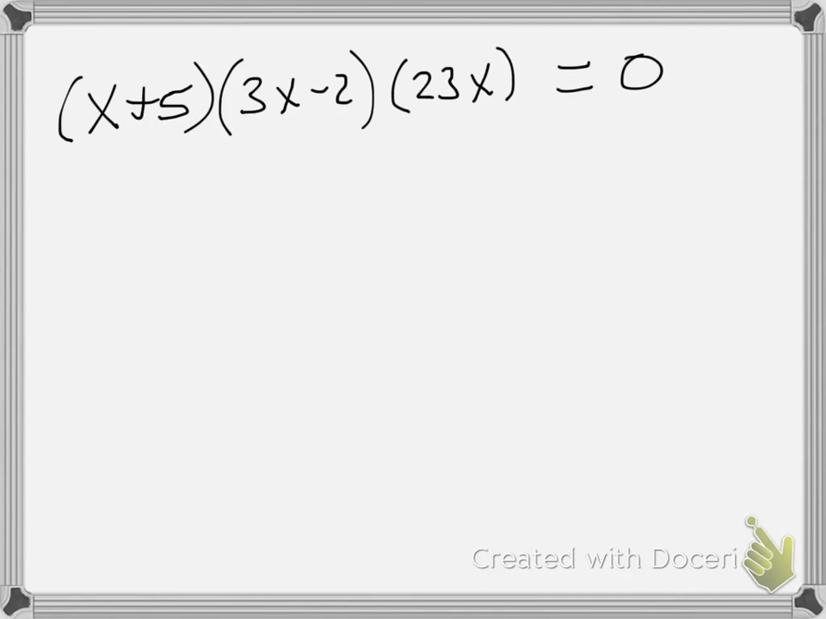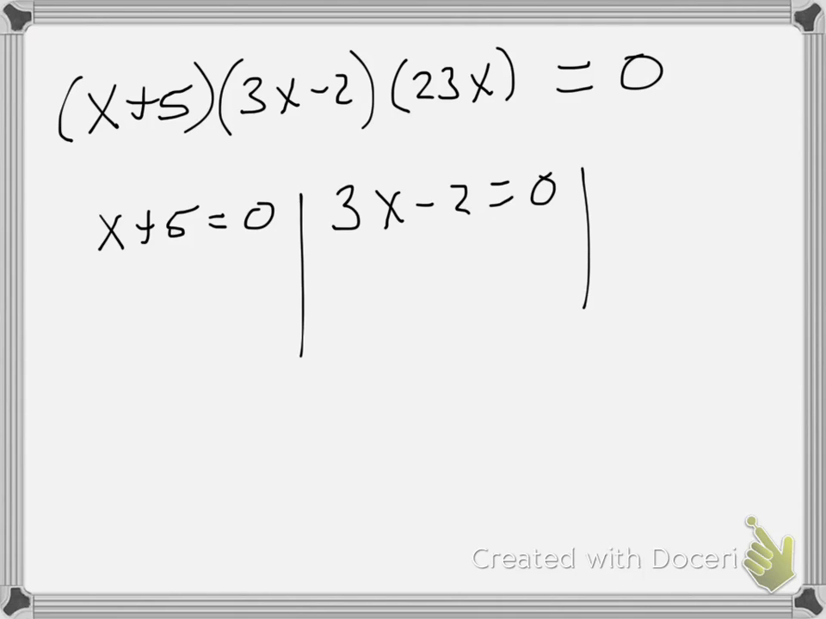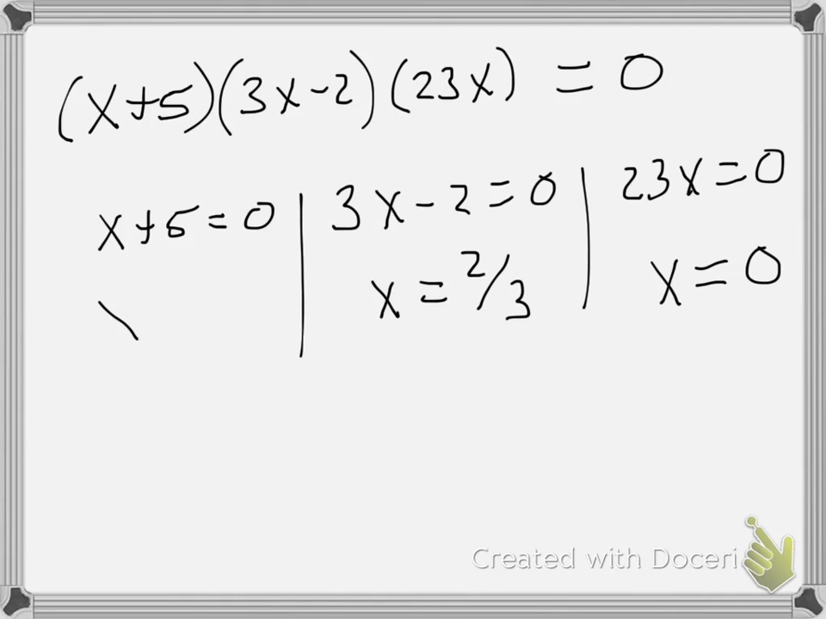Well, we can use the zero product property here and say x plus 5 is going to equal 0, 3x minus 2 equals 0, and 23x equals 0. Well, this tells me that x equals 0, x equals 2/3, and x equals negative 5. And there, our problem is solved. And moving on,